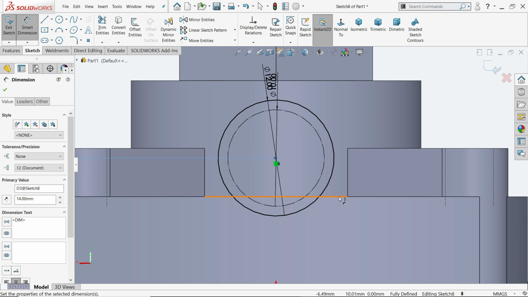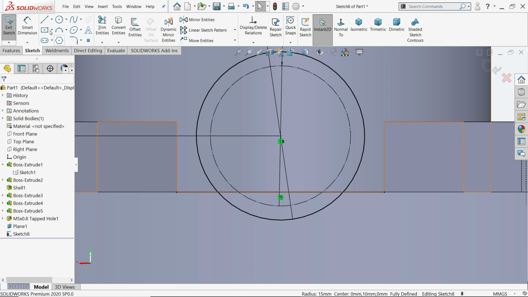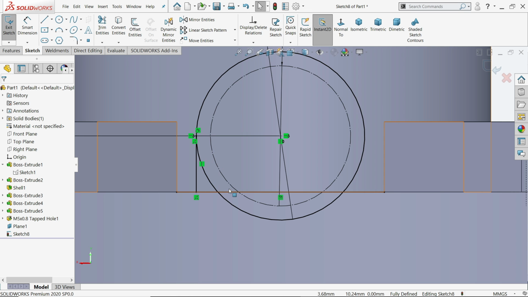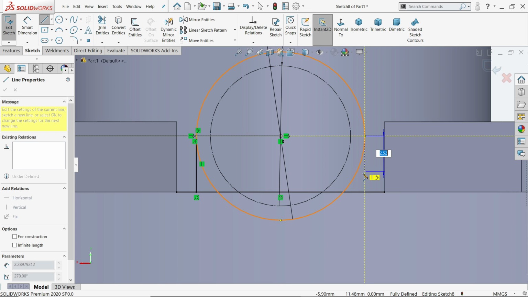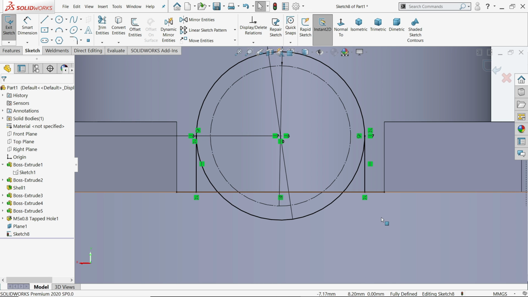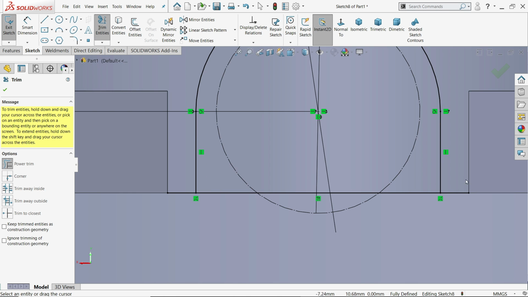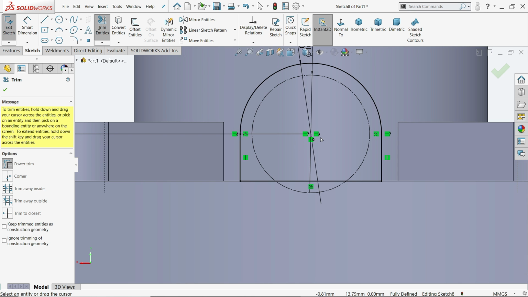But we have to make it up to this wall. So what you will do: click this, select this line, convert entity, it is converted to a line. Now draw a vertical line to this wall. Similarly, activate the line tool, and you will find here to here. Now just trim unnecessary lines. Go to trim entity, power trim, and just move your cursor. That's it. Inside, this side, this side. Just press left mouse and drag, and those lines are deleted.